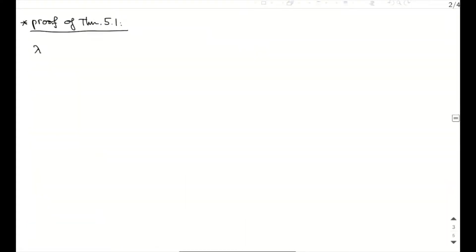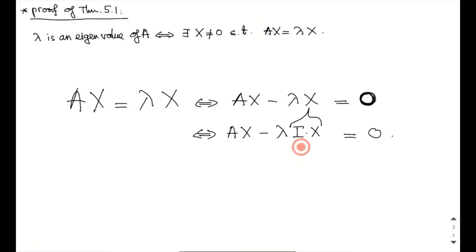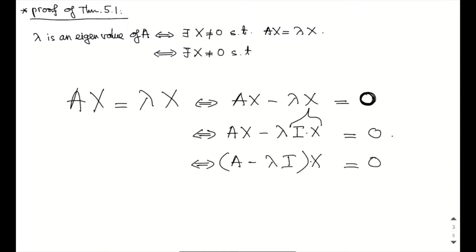Let lambda be an eigenvalue of A. This is the same as saying that there exists a non-zero vector x such that Ax equals lambda x. We subtract both sides by lambda x. The x can be rewritten as I times x, where I is the identity matrix. Because of the left distribution property of matrix multiplication, you can rewrite this as A minus lambda I times x equals 0. So there exists a non-zero vector x such that A minus lambda I times x